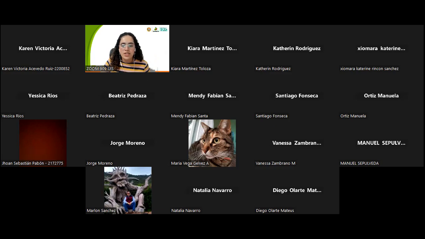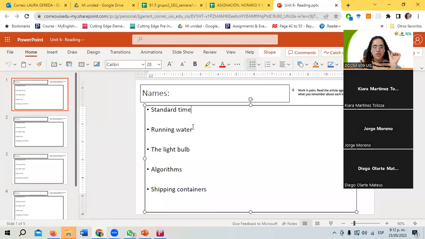All right, so pay attention. You will have the presentation, you will have the slide. Write your short summary for each idea, and then in front of each idea, you're going to write the number. Which one has been more important or relevant to you? So listen, you're going to summarize, and then in the groups, decide which one has been more important. When you finish this, you will come back to the class, and each group will explain why they chose number 1 algorithms or number 1 standard time, etc.